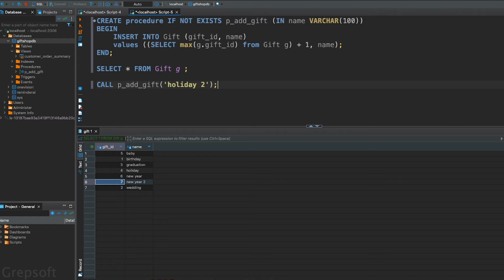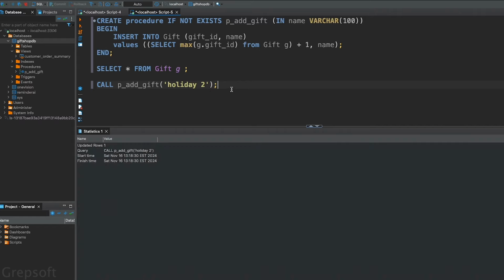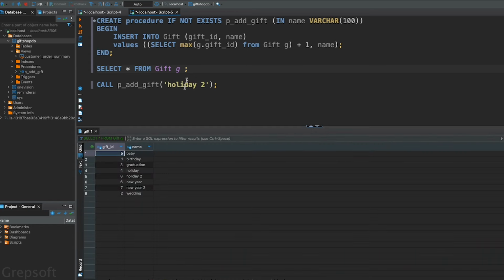Okay, so we're going to call it like that, and if I hit run, there you go. So it got executed. Let me run this again, and as you can see, our insertion has been made. So as you can see, this can be very helpful in your own app. You can create all these procedures that can do most of the redundant work for you, and you can just